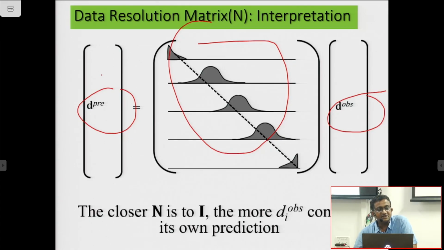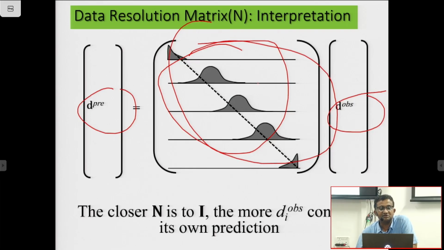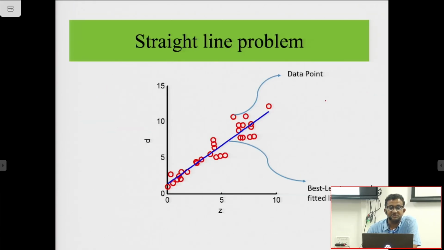That means your predictions do not truly predict the observations. Some amount of error is associated with that. So by evaluating this panel, the data resolution matrix, we can see how the other types of error are attached to your prediction problem. Similarly,